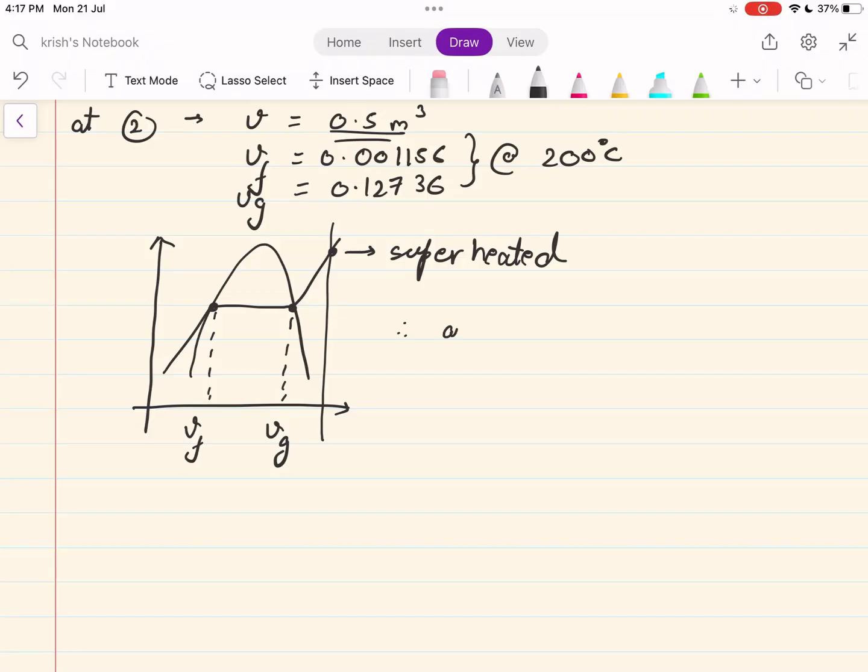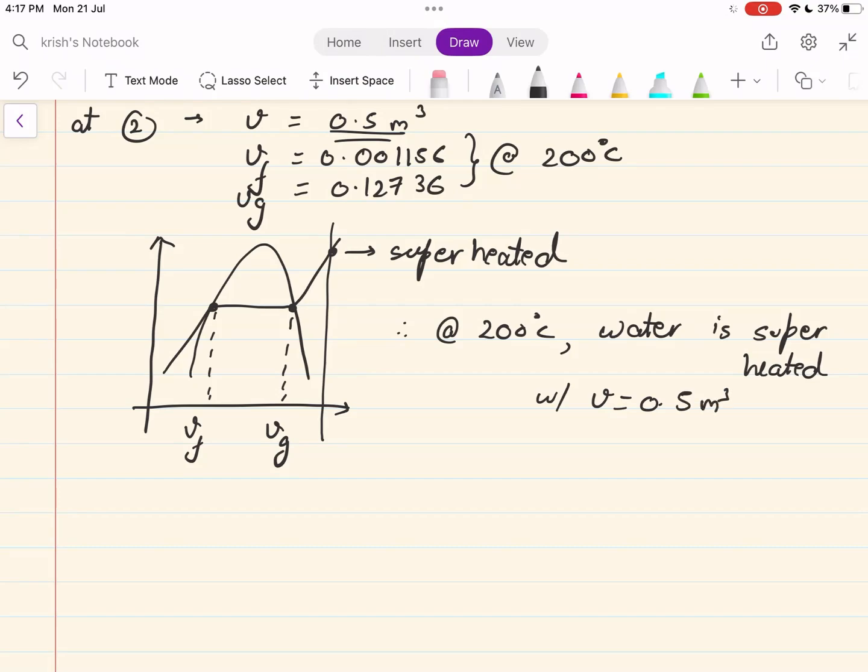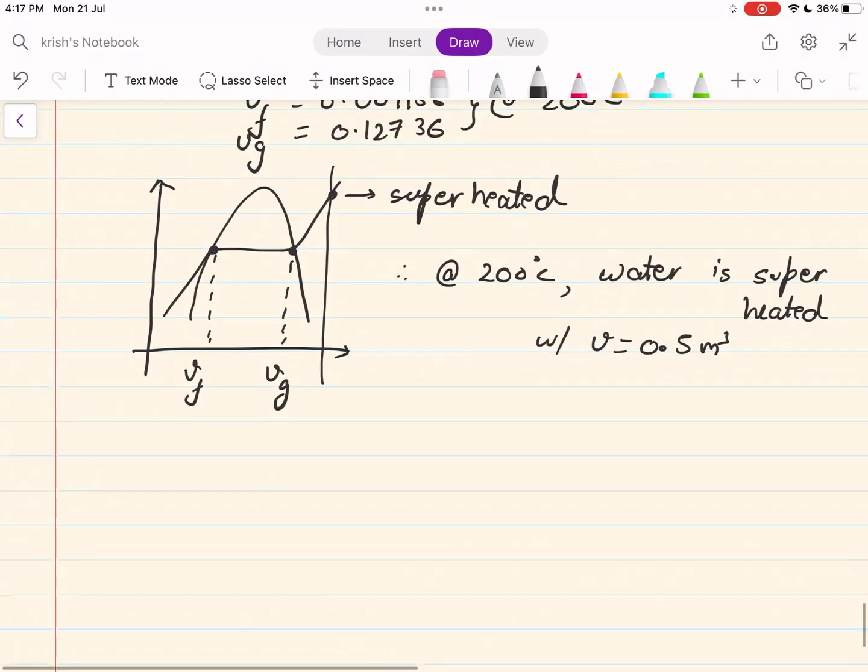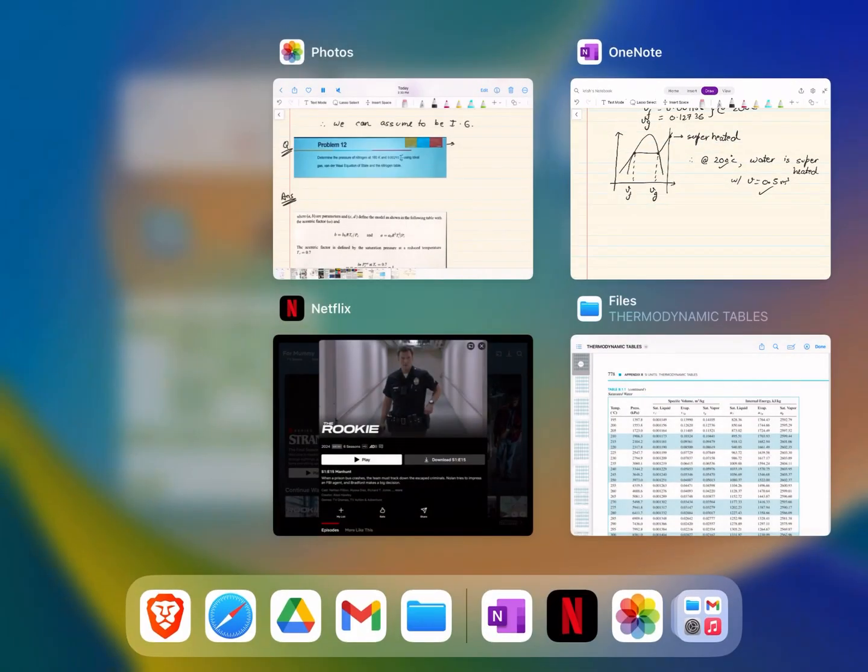Therefore, at 200 degrees Celsius, water is superheated. Right. So now all we have to do is find the pressure at which these two states will exist simultaneously, right? So if we refer to the superheated water table,